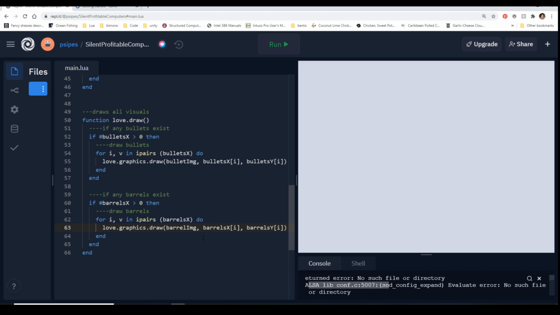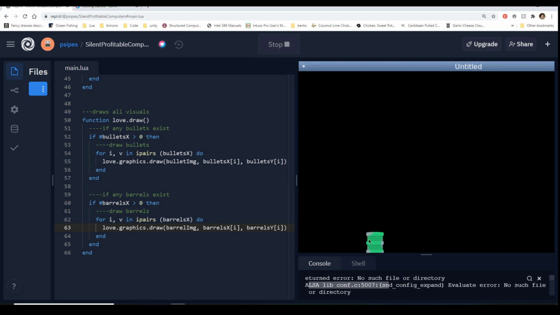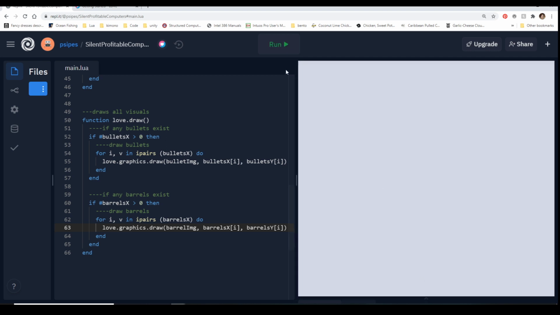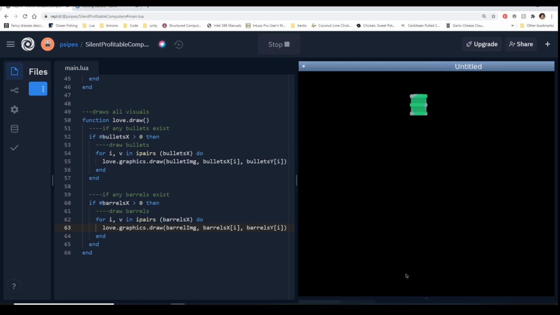So now that we have this here, we can click run, and it'll tell me if I've done anything dumb. Okay, so we have our barrel, it's created. Because my window is so big, it's not showing exactly, so there, that's a better spawn.